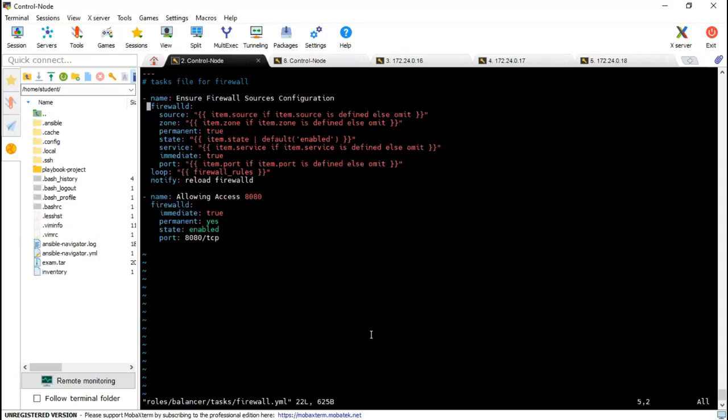Ensure firewall source configs. Okay, here is some problem. So it's saying source, permanent, item loop, firewall rule.